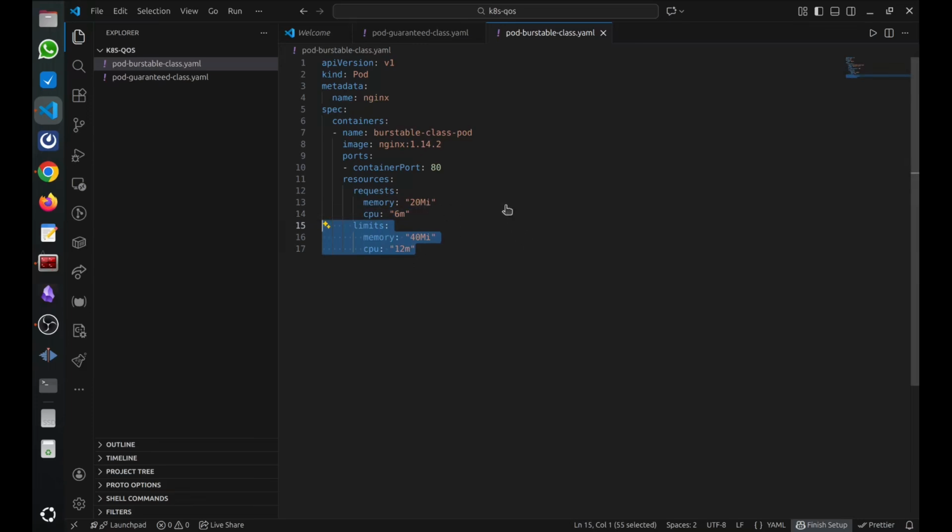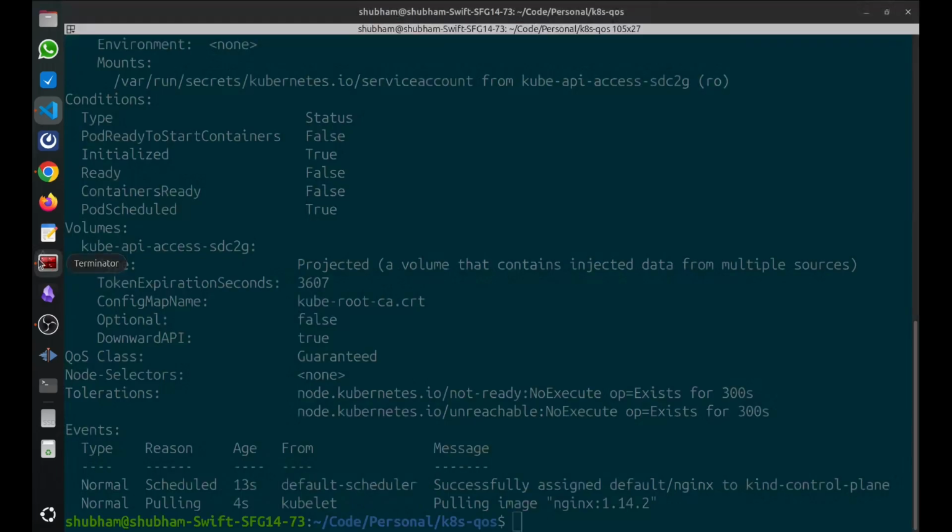That is also counted under Burstable class. So the idea is that this pod is saying I need 20 Mi of memory, but at certain times my memory usage can peak up to 40 Mi. So let's accommodate that as well. But I'll not go beyond 40 Mi. If I go beyond 40 Mi, then you can OOM, out of memory, kill that particular container. So if we apply this particular manifest,